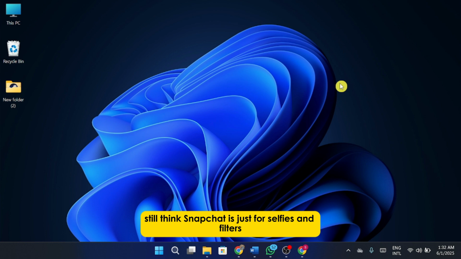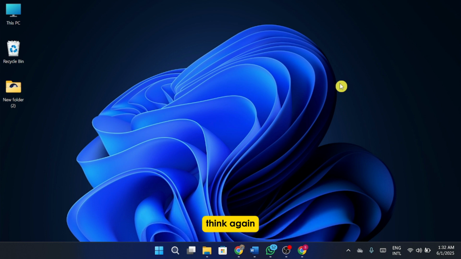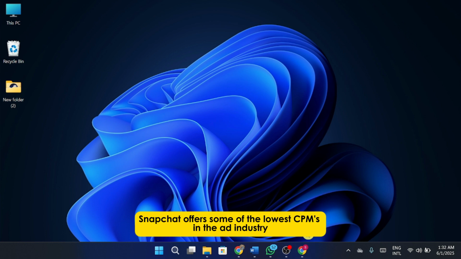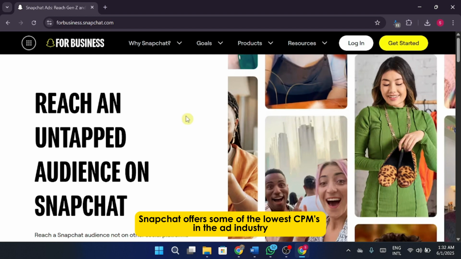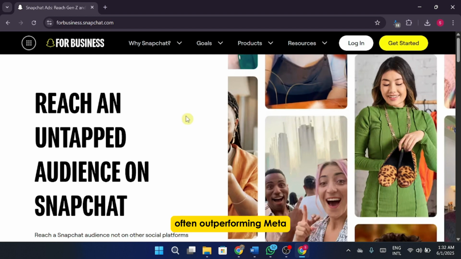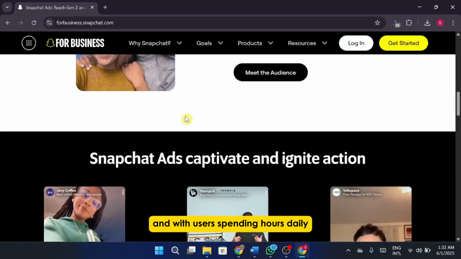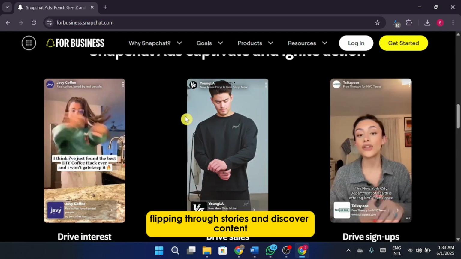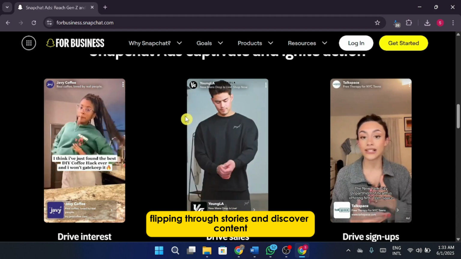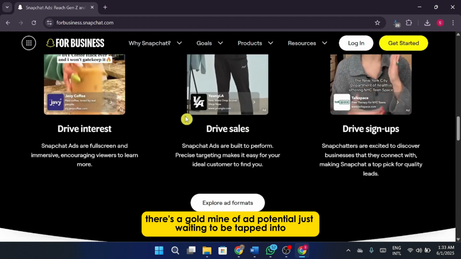Still think Snapchat is just for selfies and filters? Think again. Snapchat offers some of the lowest CPMs in the ad industry, often outperforming Meta, TikTok, and Google when it comes to cost effectiveness. And with users spending hours daily flipping through stories and discover content, there's a goldmine of ad potential just waiting